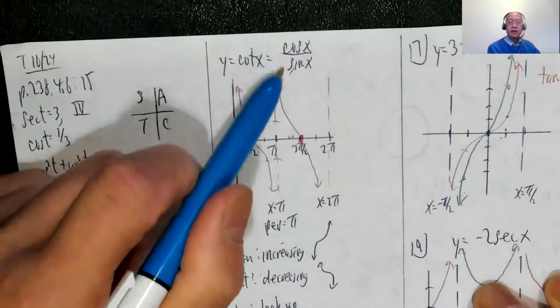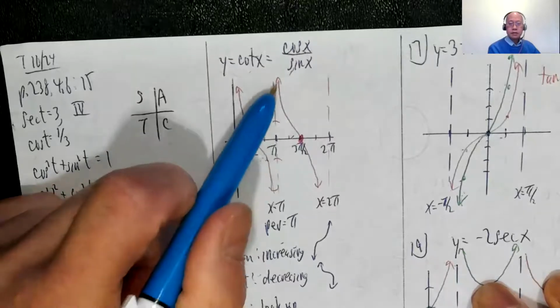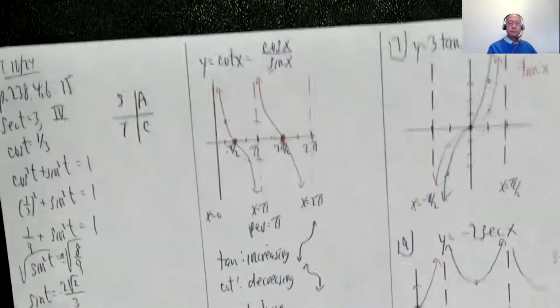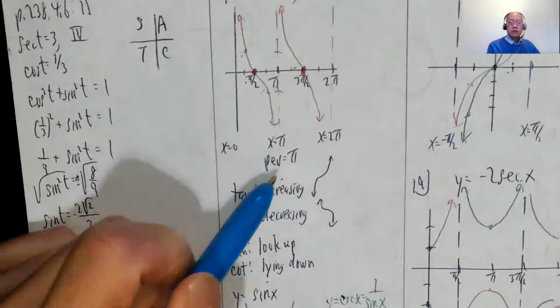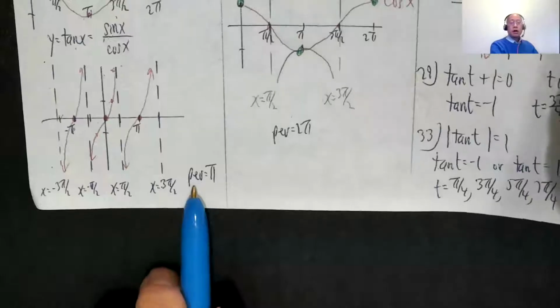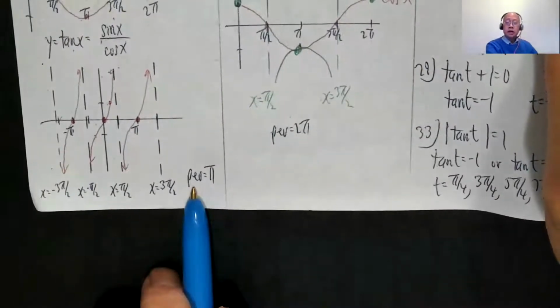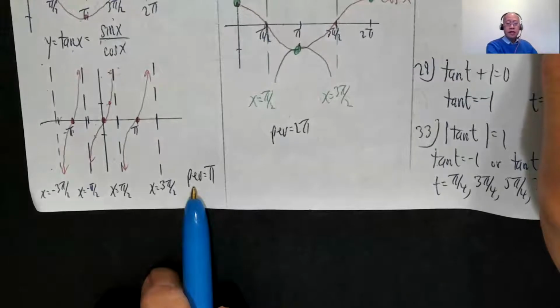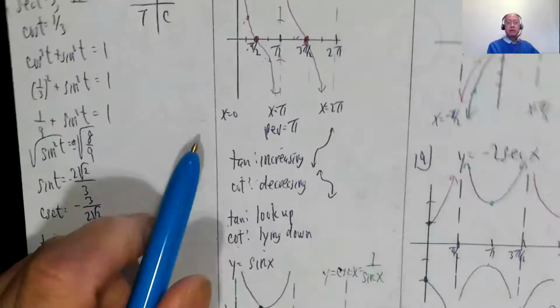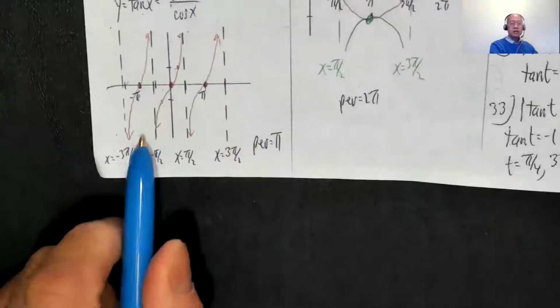If cosine and sine are opposite, like 3 pi over 4, negative 1. So it goes like this. Okay, so the period of the cotangent and the tangent is pi. All the other 4 trig functions have periods 2 pi, sine, cosine, and the reciprocals. But for tangent and cotangent, period is pi. Notice the tangent is increasing,